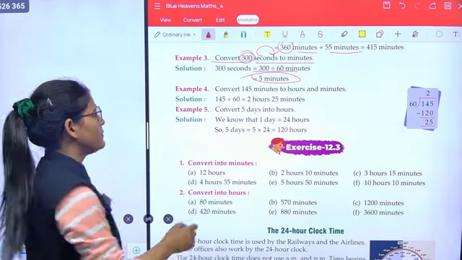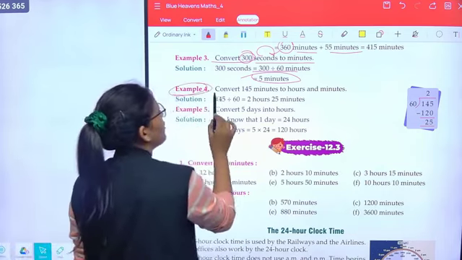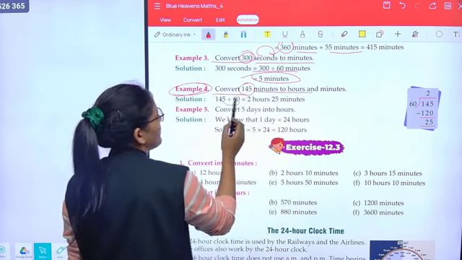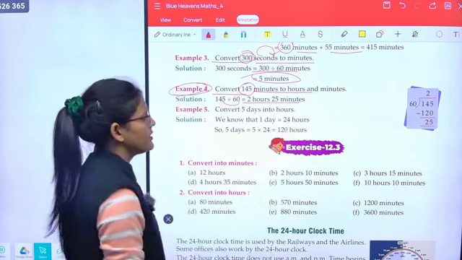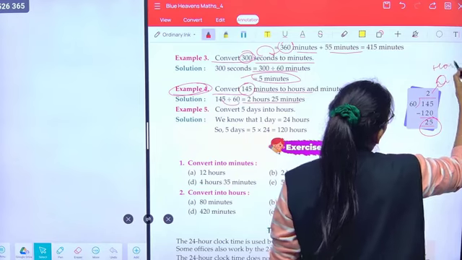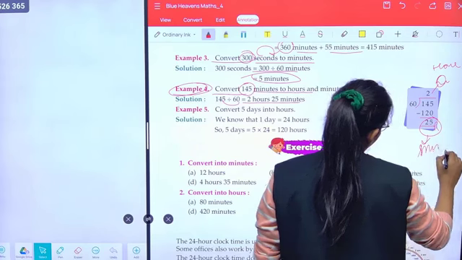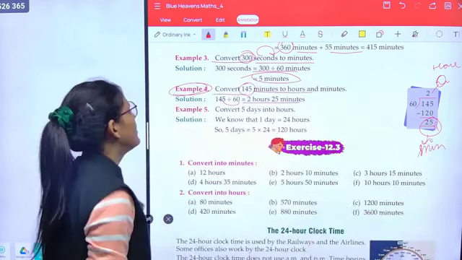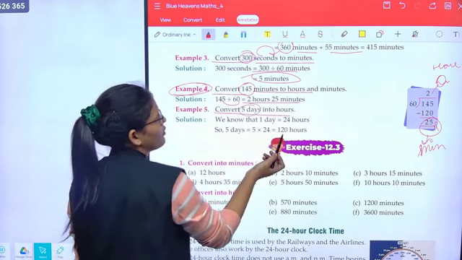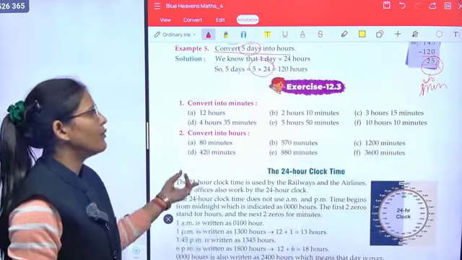Okay. Now example number 4. Convert 145 minutes to hours and minutes. So we will divide, 2 hours 25 minutes. See, जो हमारा quotient है वो हमारा hour है, और जो हमारा remainder है वो हमारा minute है. Okay class. Now convert 5 days into hours. तो 1 day is equal to 24 hours, so we will multiply 24 into 5 is equal to 120